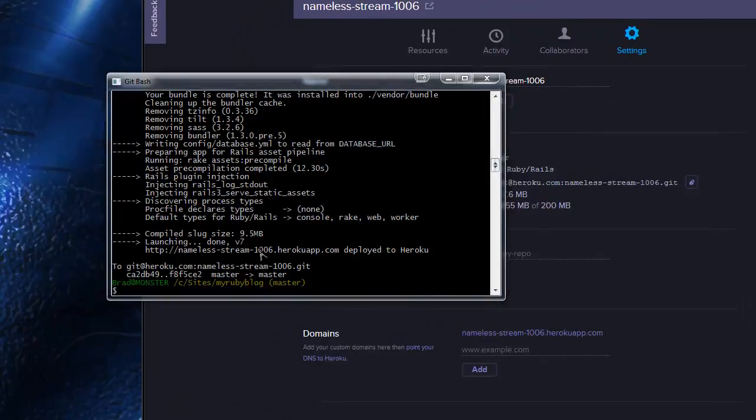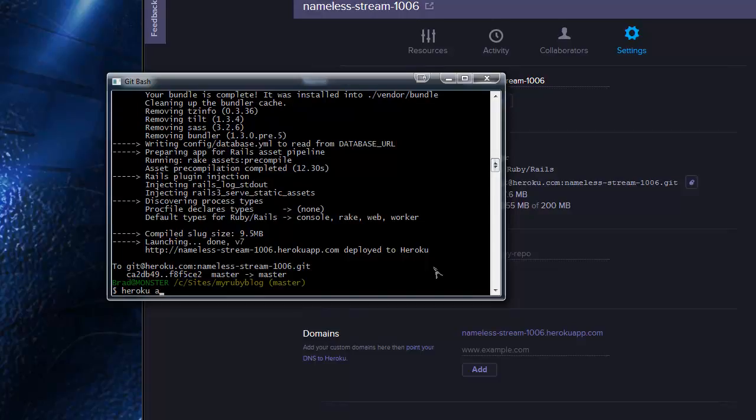It's very easy. Now remember, everything is unique. All app names on Heroku are unique, so we have to pick one that hasn't been used. So hopefully my Ruby blog hasn't been used, but I mean, it might. There's a very good chance it is. So what we want to do is do